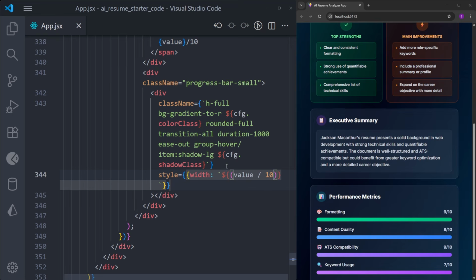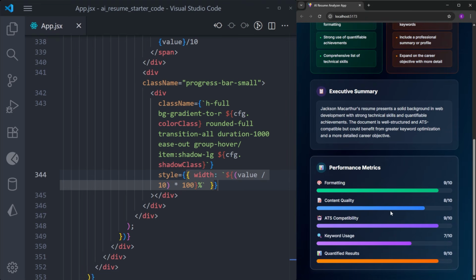Let's divide it by 10, multiply it by 100, and show it as a percentage. And there you go. As you can see, 9 out of 10 looks like this, 8, 9 again, 7, and